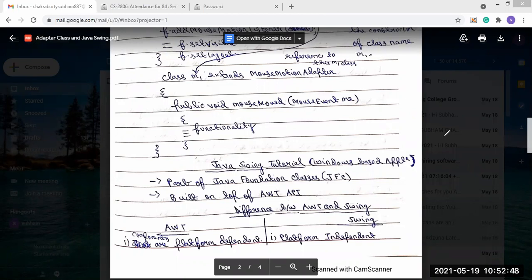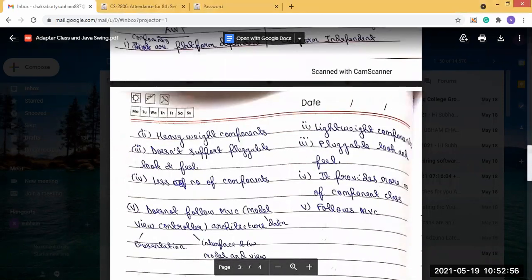Okay, so components look and feel is platform independent. Next, heavyweight components.